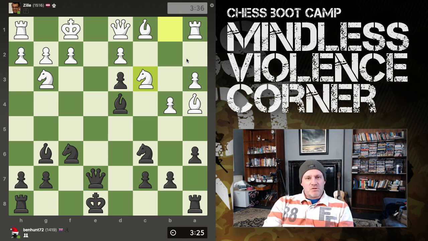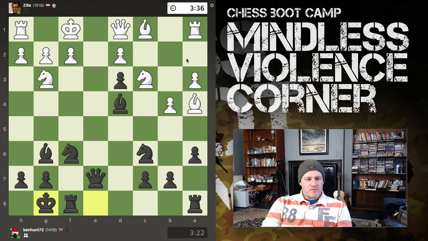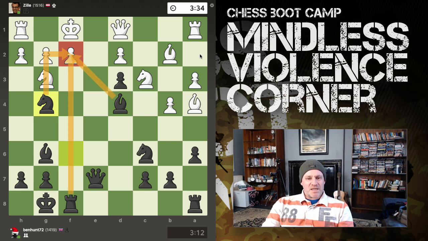So this does not trouble my bishop at all. Right, I've just completely got out of trouble. I short castle. Now we have bishop b2 from white. But it's going to end in tears very soon after the move. Knight to g4. Okay, so knight g4. Now I have 1, 2, 3 pieces attacking f2,